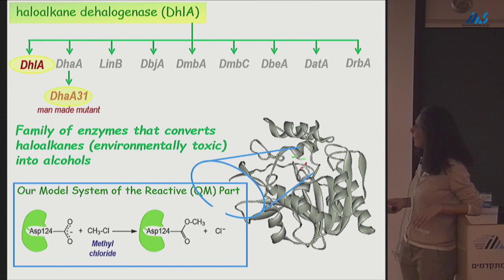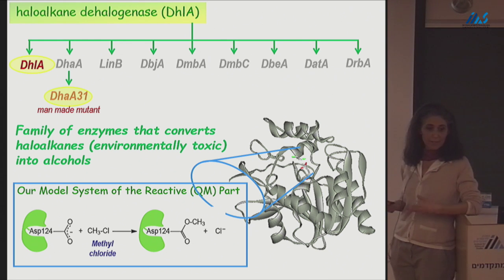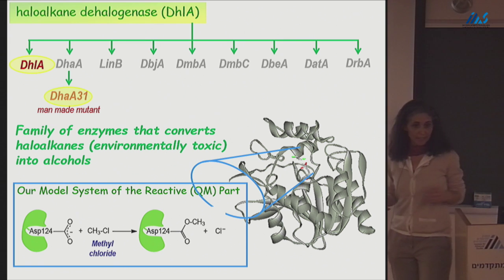So it's a haloalkane dehalogenase family, and I will focus on two different enzymes, the DHLA and the DHAA31, which is a man-made mutant of an enzyme in that family. Now, this family of enzymes converts haloalkanes, which are very toxic, into alcohols, and that's why it would be nice to have